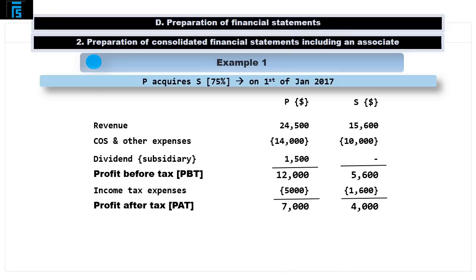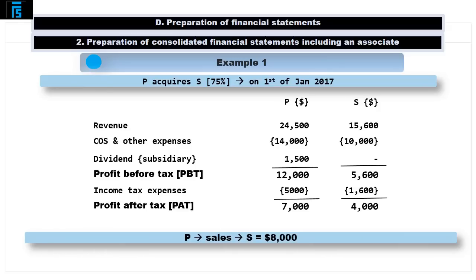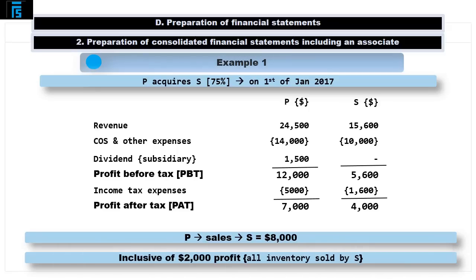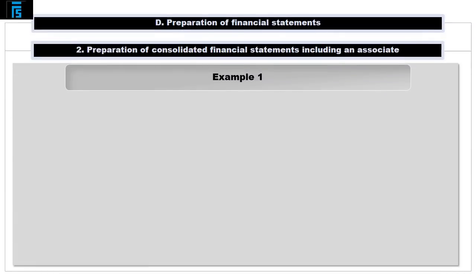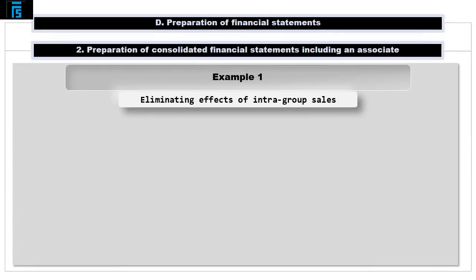Additionally, let us assume that during the course of the year, P sold goods to S for €8,000, which included €2,000 of profit, and that S has already sold all of these goods to customers outside of the group by year end. The effects of the intra-group sale must be eliminated from the revenue and cost of sales lines within